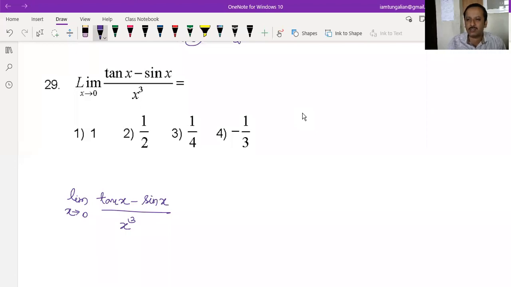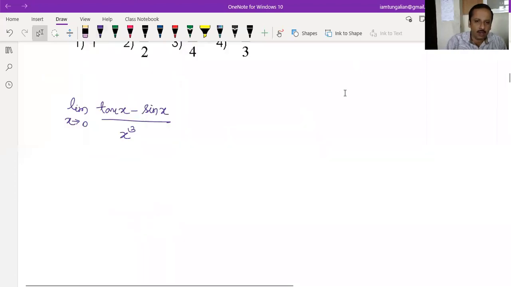Plus there is a sin x whose derivative is cos x. Okay, so I can understand that you did not understand. Okay, so it will be very lengthy. So I don't advise L'Hospital's rule for this problem. Instead, what we can do now is